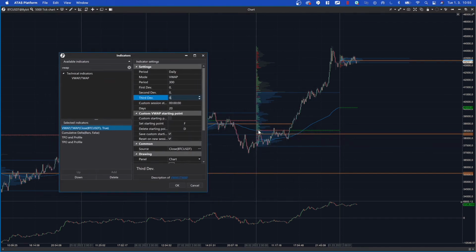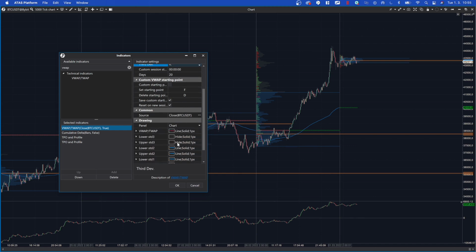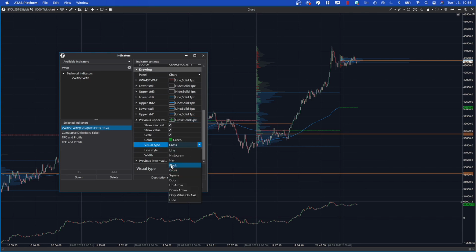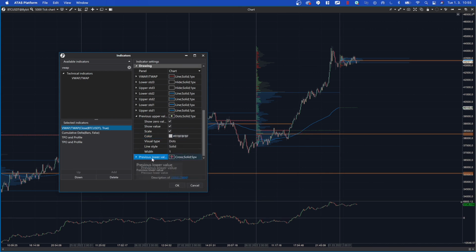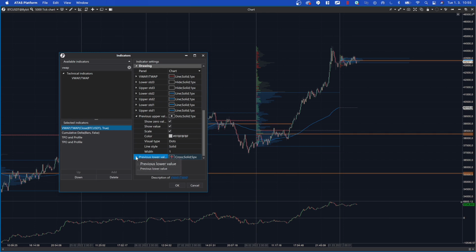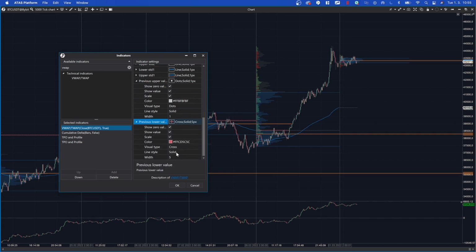And also there is a marking for a previous day VWAP, which is actually a good thing. Probably you don't need to have it so big like this, so I will just do it on dot and then make it on a kind of smaller side. You can see that here you will have it based on if market is below or above it, so you can make it more darker and lighter colors depending on if market is trading below or above